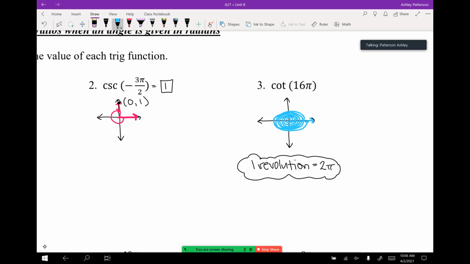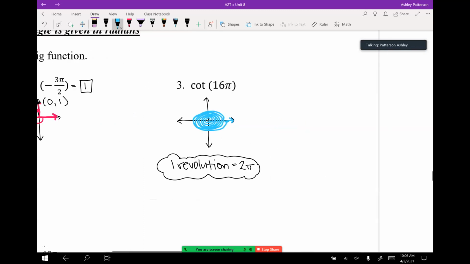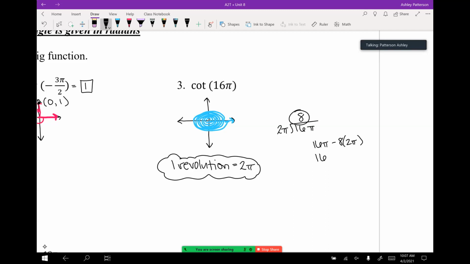So here's another option. If you don't want to draw a bunch of circles around your origin to figure out where you land, you could simply take the radian measure that you're given, divide by a full revolution. How many 2 pi's can I take from 16 pi? 8, exactly. So if I take 16 pi and I subtract 8 revolutions, ultimately what I'm left with is